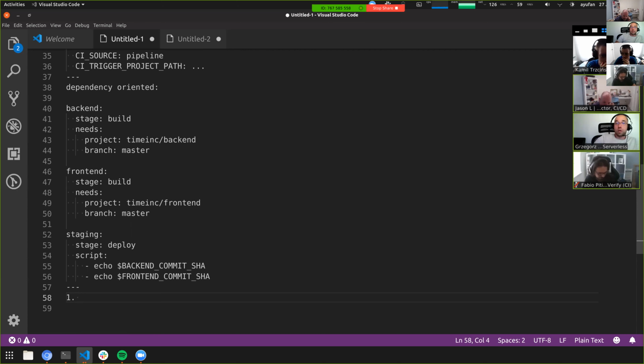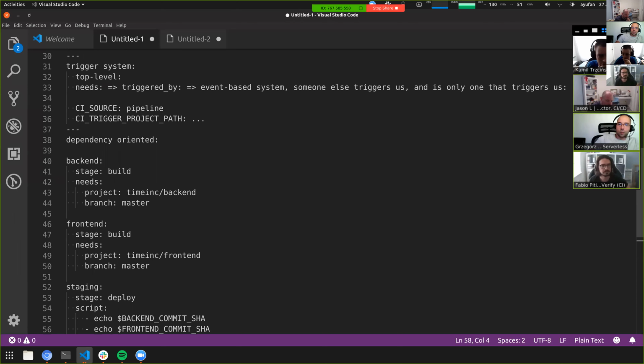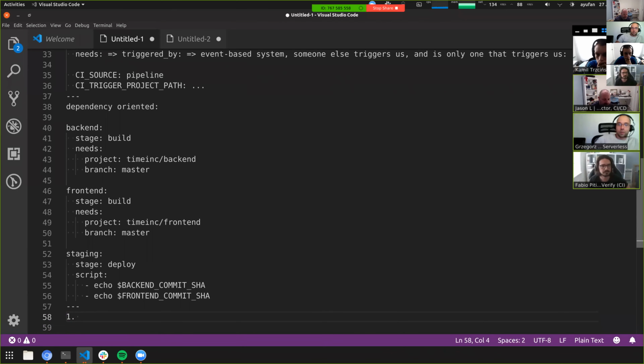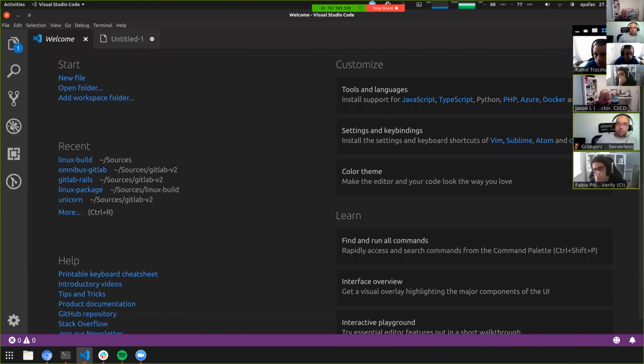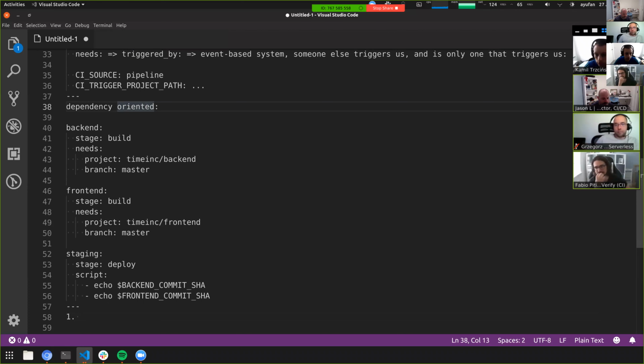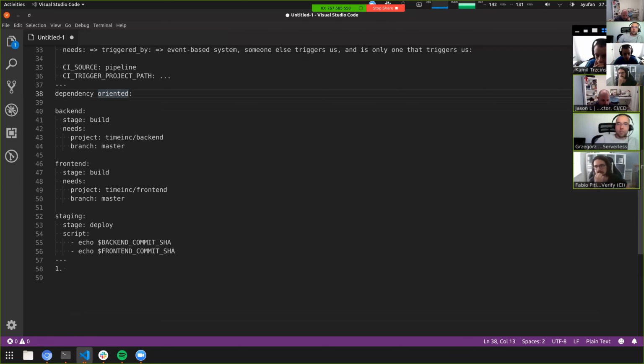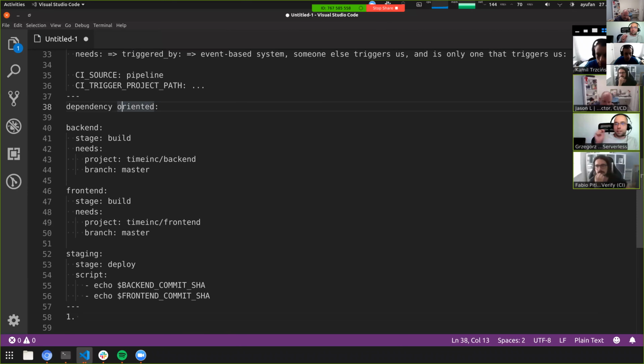I just want to also add that the simple trigger is usually a one-to-one relationship, whereas here we have many-to-one. Subscribing to events doesn't have to be one-to-one. I don't know why there would be that limitation. Yeah, because for example, on line 36 we see CI trigger project path. How do you pass? Oh, one pipeline at a time. Yes, that's true. But I think one project could be subscribed to three different ones. Yeah, but then you can't consume more than one run at a time. Yeah, exactly.